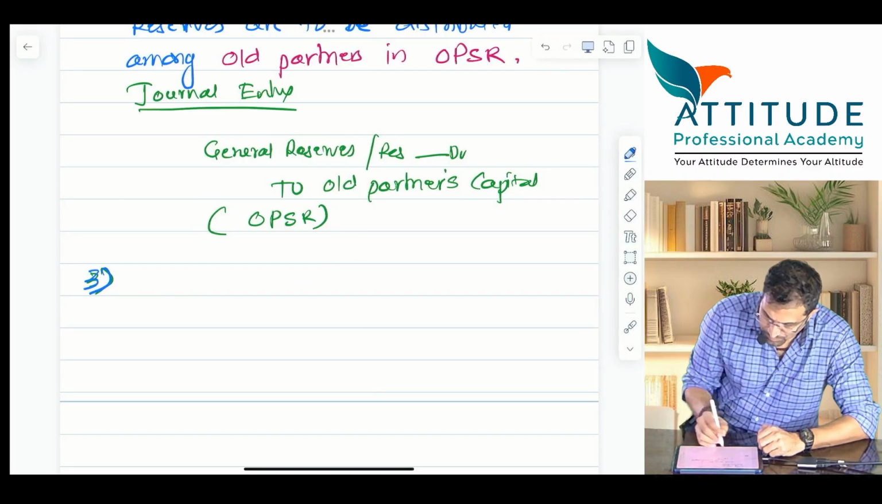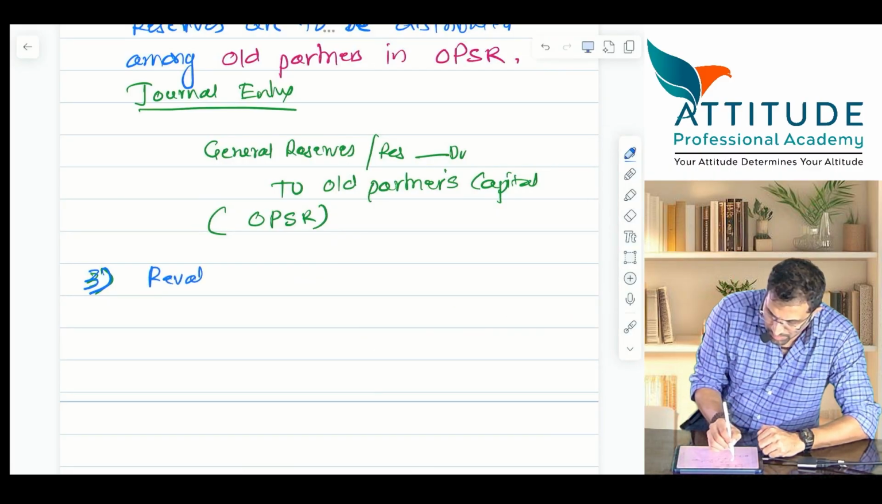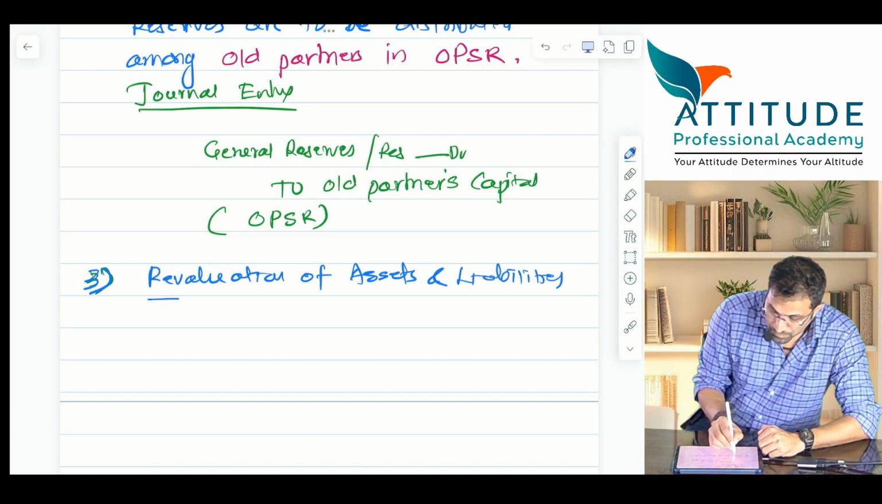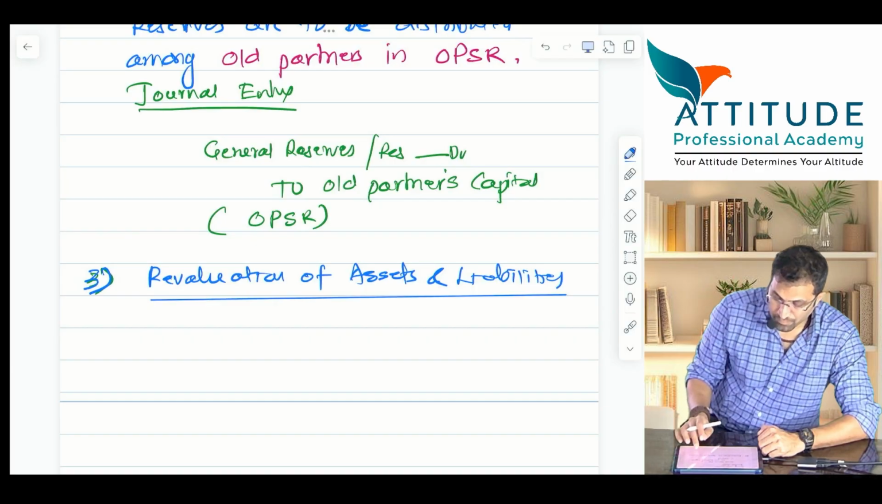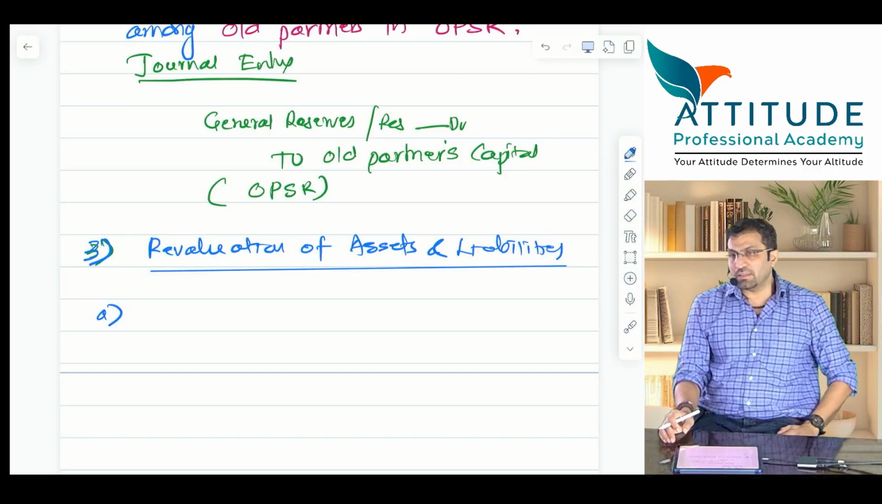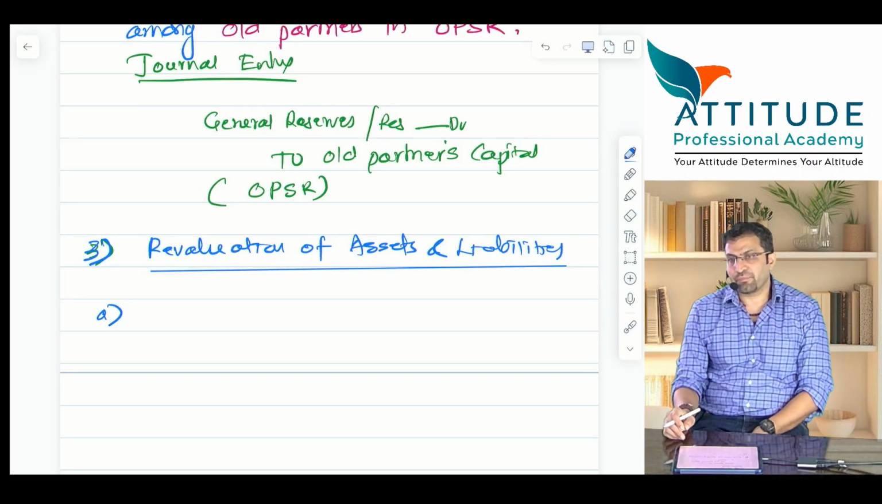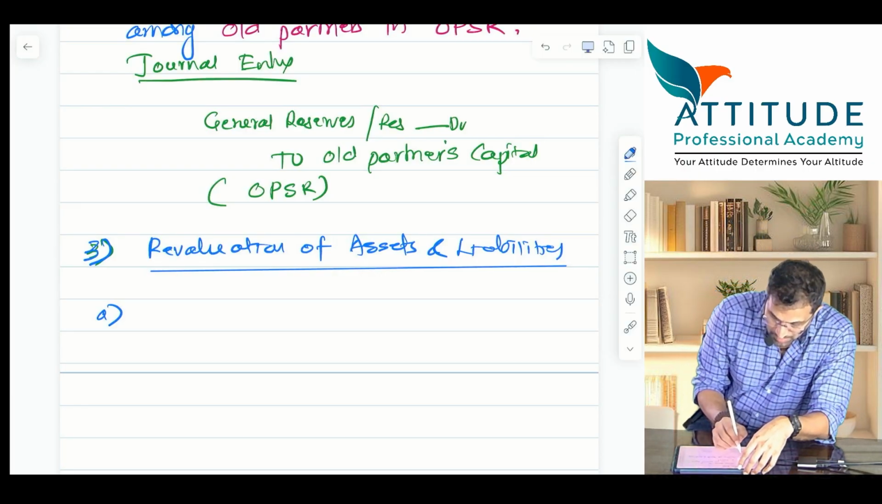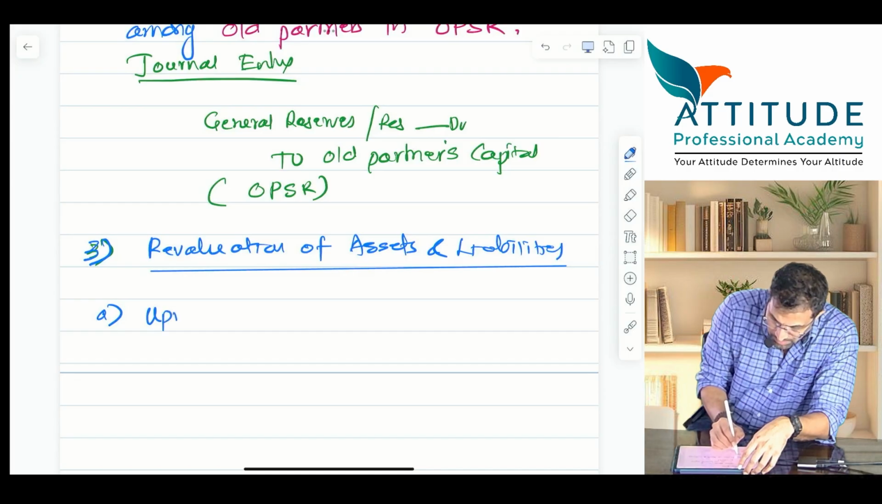So next is, tell me. Revaluation of assets and liabilities. A. Now one by one, you please understand this, okay? I'll be explaining one by one, so please be careful about it. 1. Upward revaluation